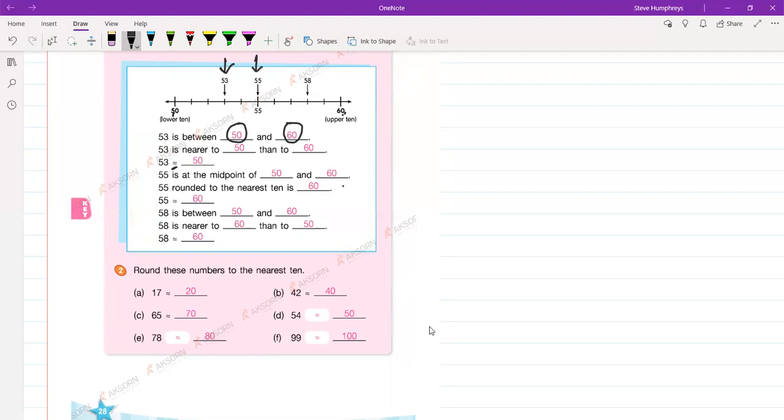And the missing numbers. 54 rounded to the nearest 10 is, write the number. And 78 rounded to the nearest 10 is, write the number on the line. And 99 rounded to the nearest 10 is,